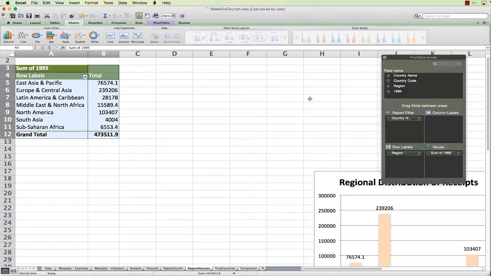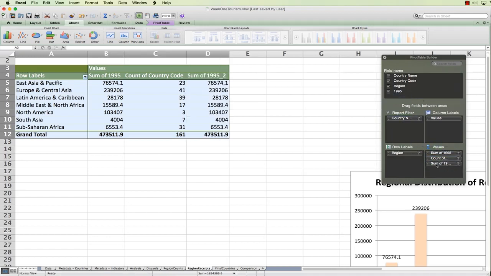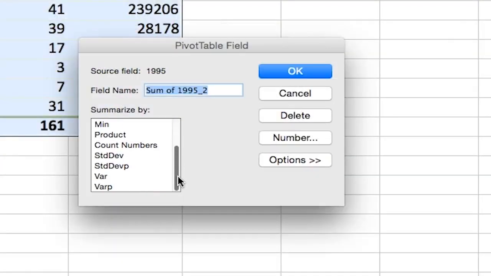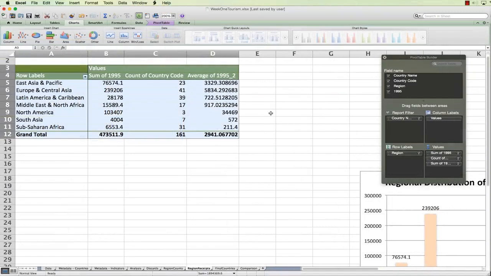I'll click on the pivot table. I'll go ahead and drag country code into it. By default, it is taking the count of that. There are these many countries. And what are we trying again? We'd like to know what the average receipts are in this zone. So the receipts are contained in the 1995 column. When I drag it in, it again suggests a sum over here. I will click on this button and it shows me all of the different options. I will for now select the average receipts.